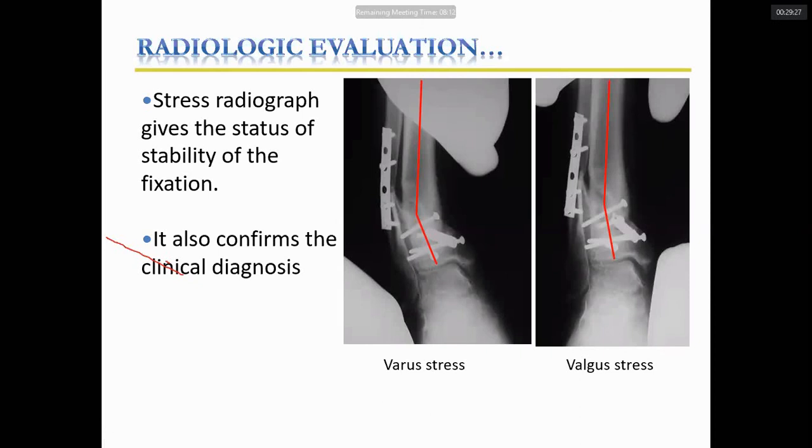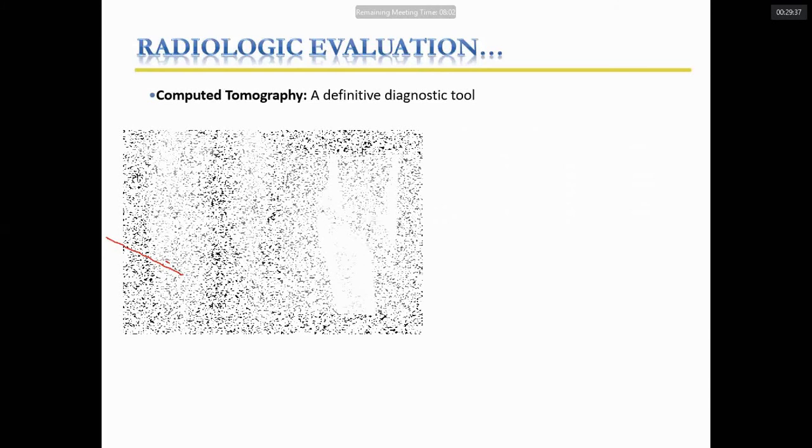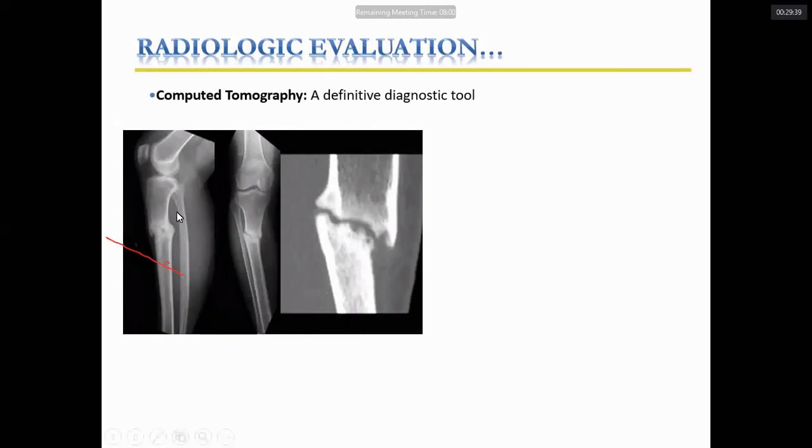So what other thing can we do? We can do varus X-rays. Again, we can do a CT scan, which will give a better idea about non-union, about the bone. The X-ray shows this view. When you see the CT, clearly the fracture line is visible, sclerotic, and no amount of callus formed.